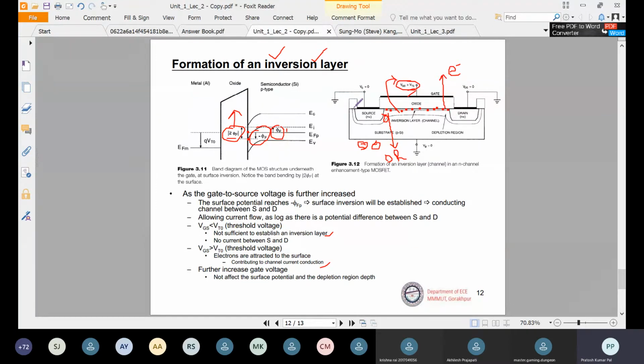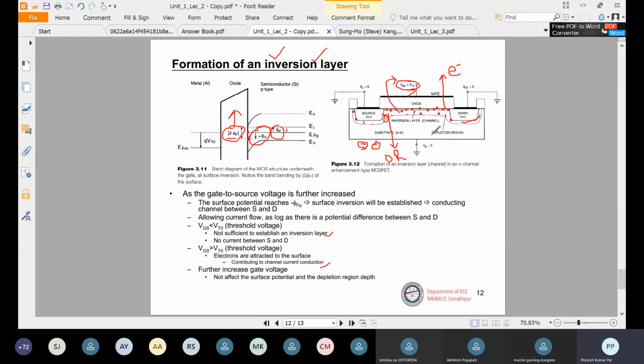So it will be throughout the drain and source region and covering all the channel, drain and source. So in these regions, the immobile charge carriers will be available. Okay, so these are the regions where immobile charge carriers will be there. These immobile charge carriers will not constitute current conduction, and they are fixed, they are immobile. That's why they are called depletion region.